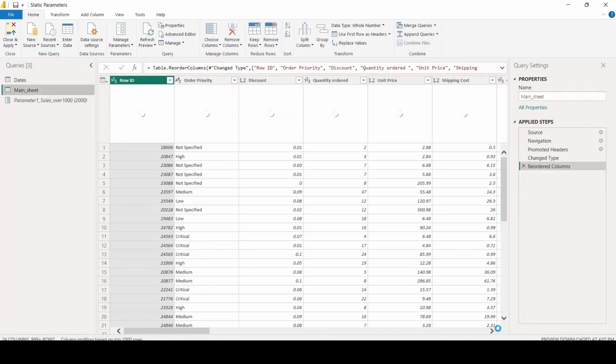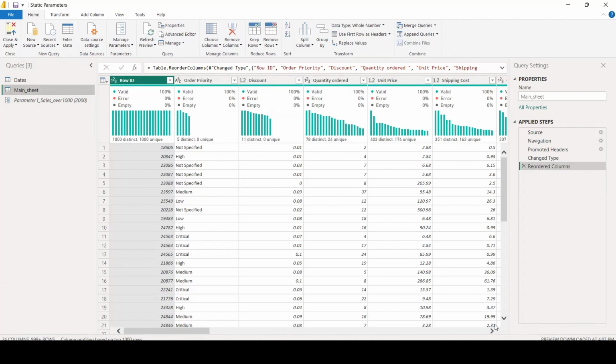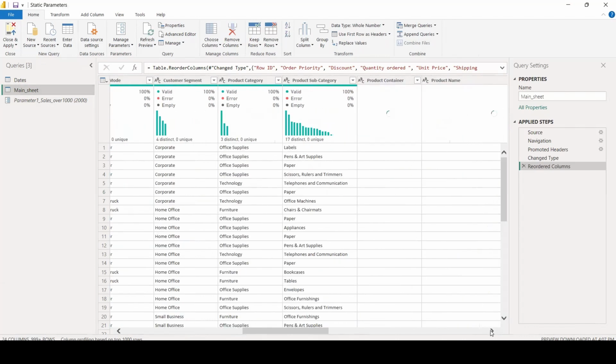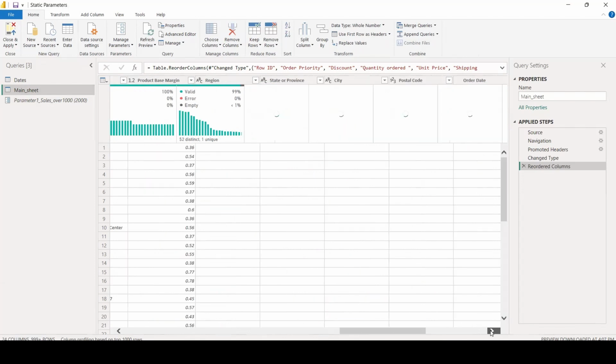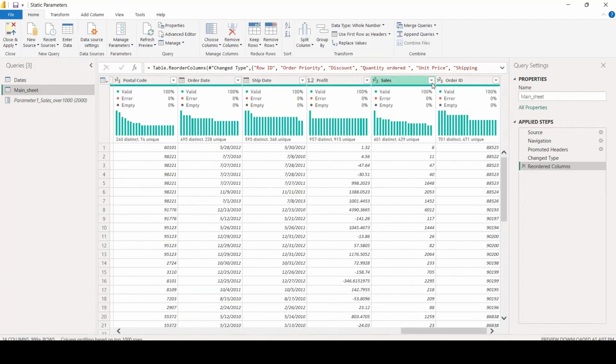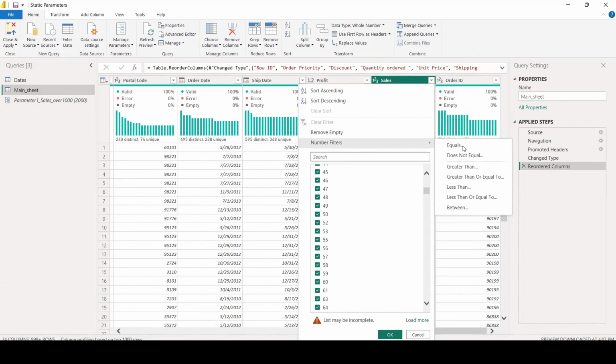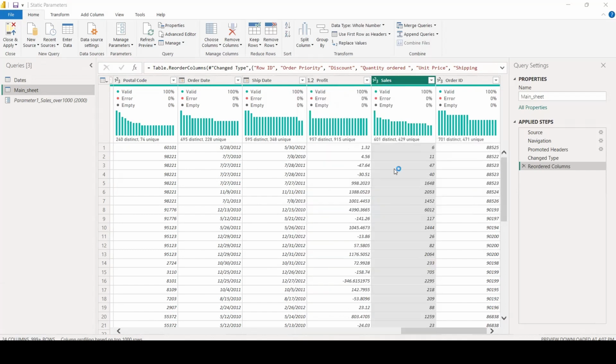And if I want now to filter my database, I can go, for example, in sales. If I want to see only the sales over 1000, I can go here in the number filters, and let's say I want to see greater than or equal to 1000.